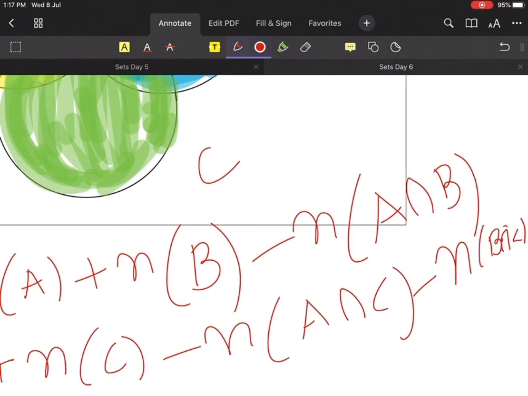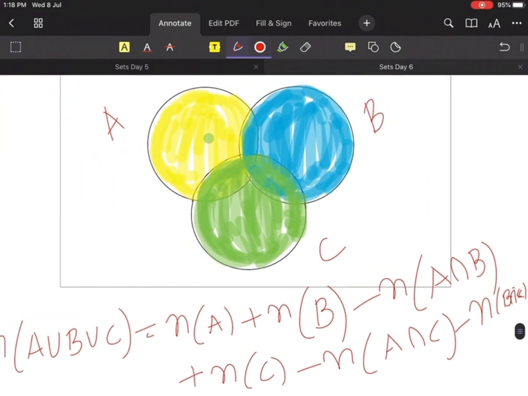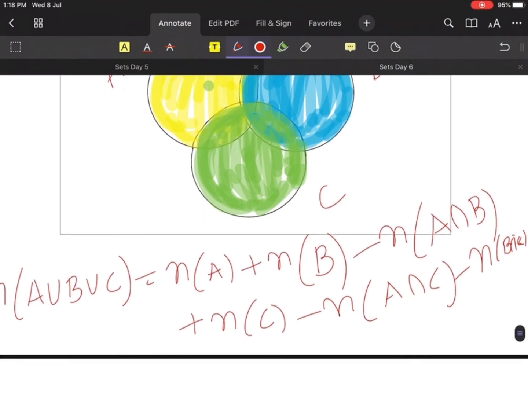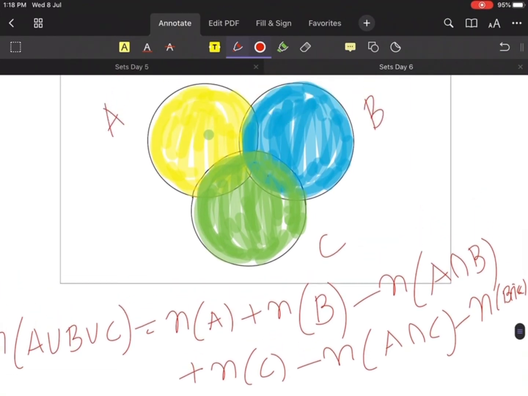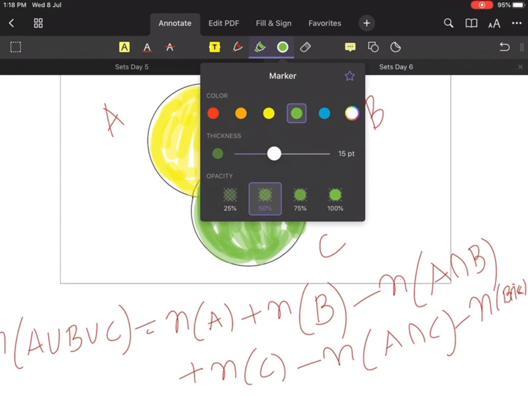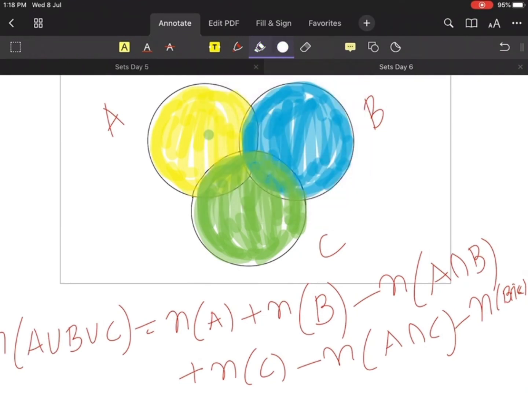Now there is one interesting part. We have deleted region by region, but there is one region we have completely erased. Can you tell me which region is that? There is one region which we completely erased and which is common to all the three. Which region is common? Very good, in the center. So I am talking about this one, right? Yes or no? By deleting these common regions, I have deleted this region.